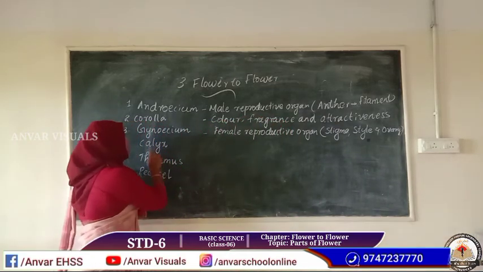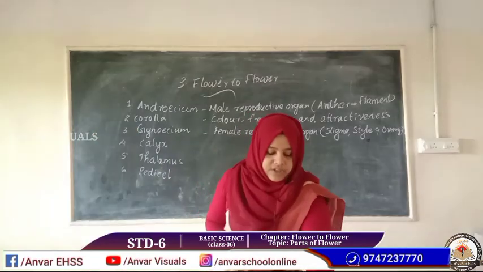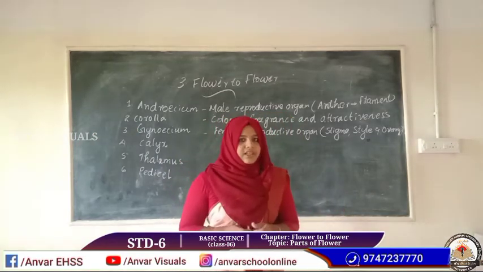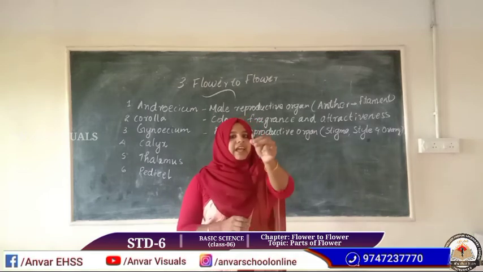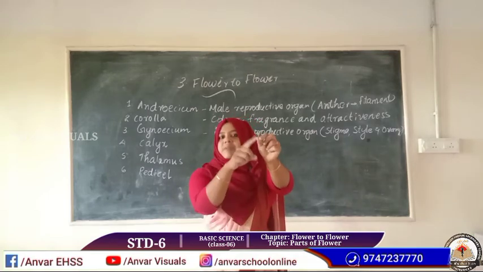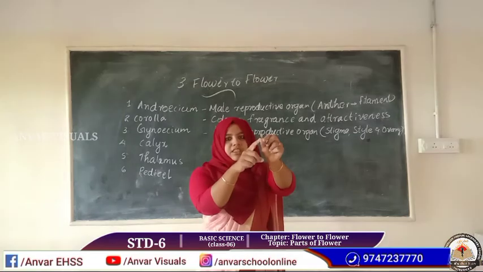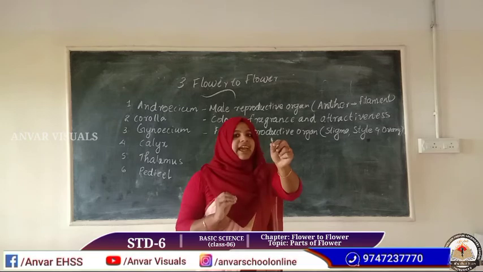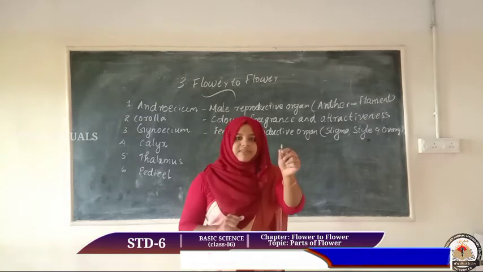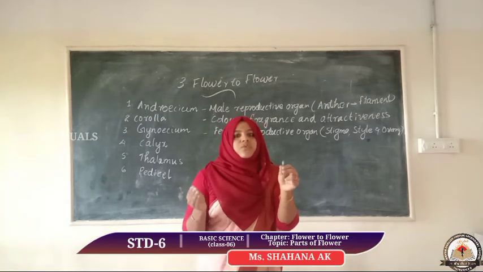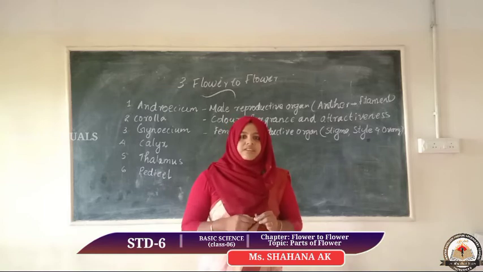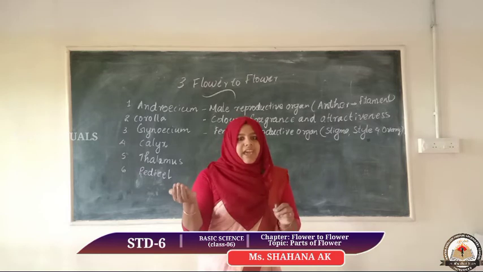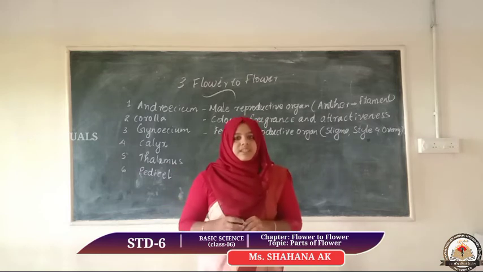And the next part is calyx. We have already studied that calyx is a cup-like part, isn't it? Then I will show a calyx in front of you. Here is a bud of hibiscus. Now we can see that it is covering the bud. Calyx is covering the bud, isn't it? So all of you say, what is the function of calyx in a flower? It protects the bud. Calyx protects when it is a bud.